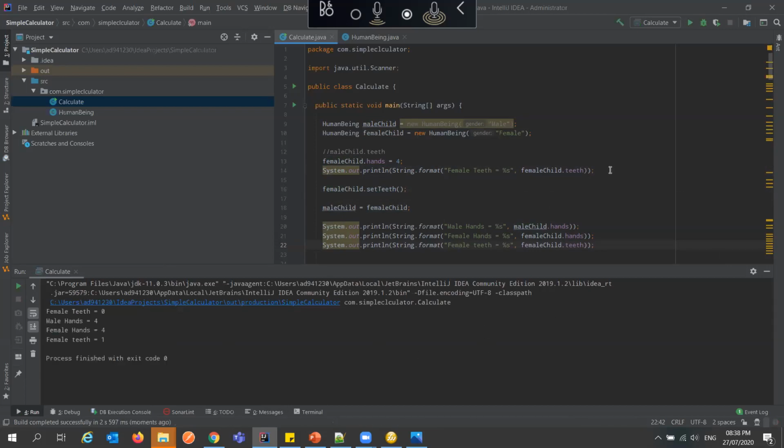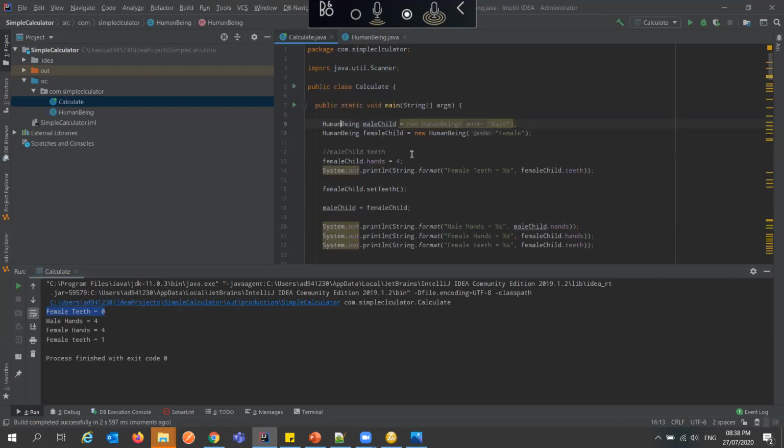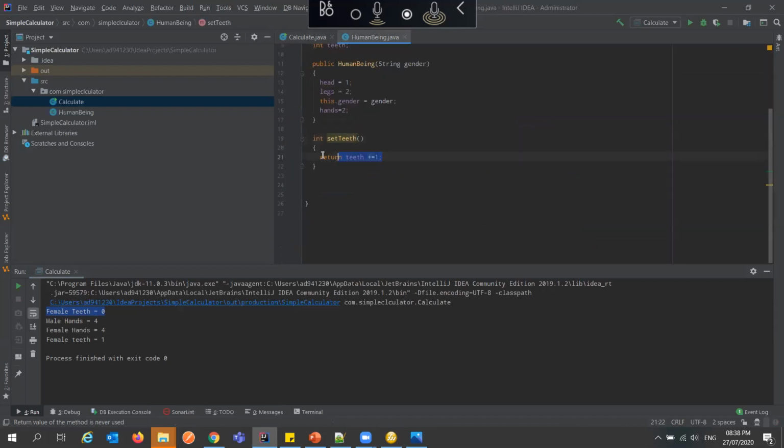Initially when we created the female child, it has no teeth. That's why you are seeing 0 teeth, because when you look at the class where we defined it, there was no teeth defined in the constructor, right? But in the program, when we now do set teeth, we are calling the method, and the method increases the number of teeth by 1.